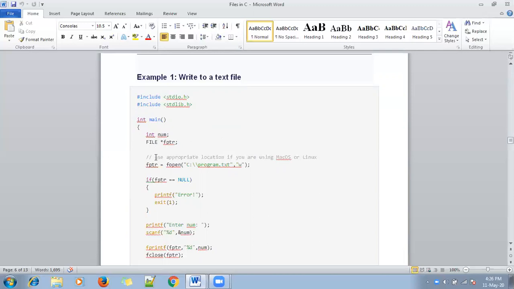To declare file pointers, we have one predefined data type, FILE, and a pointer to the file. My pointer name here is fptr. The next step is to open a file, or create a new file. My problem is, I want to write some text to the file. That's why I need to create a new file.